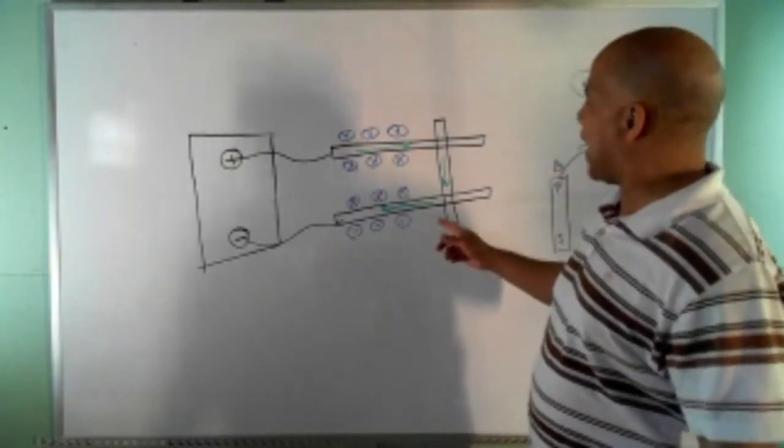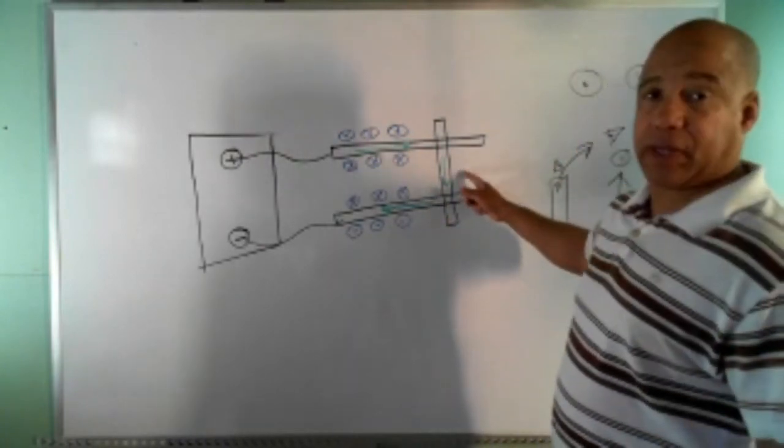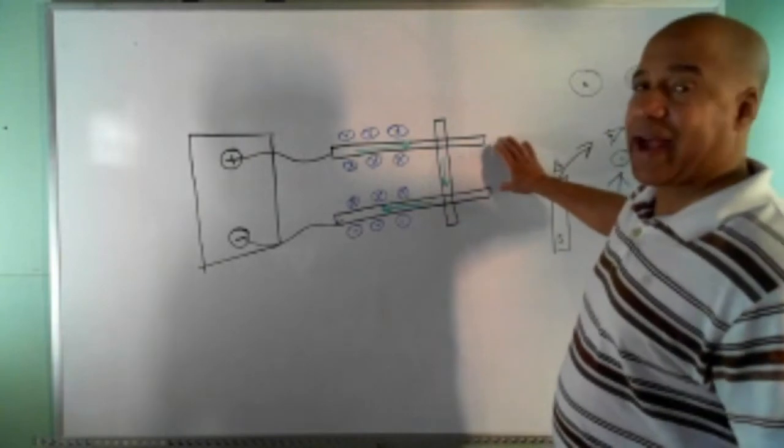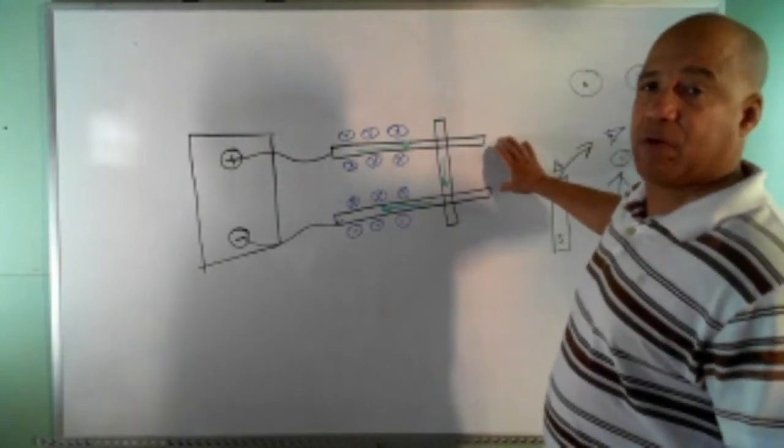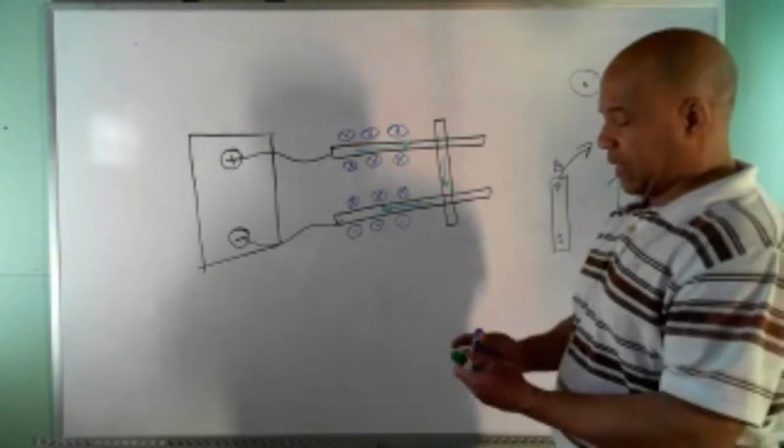But the magic happens when you apply the right-hand rule to the part that can move. So we got these tracks, these rails fixed, so they can't move. But this is free to move. When I lay that bar on here,